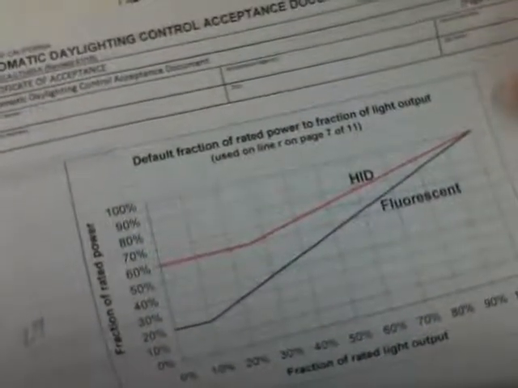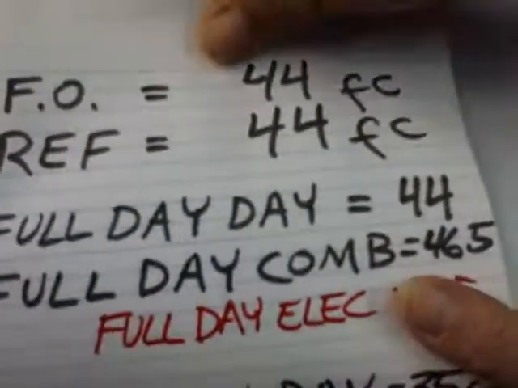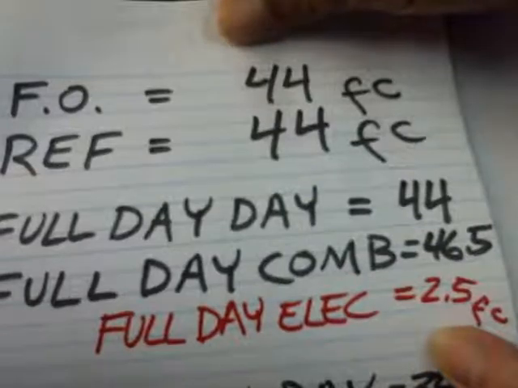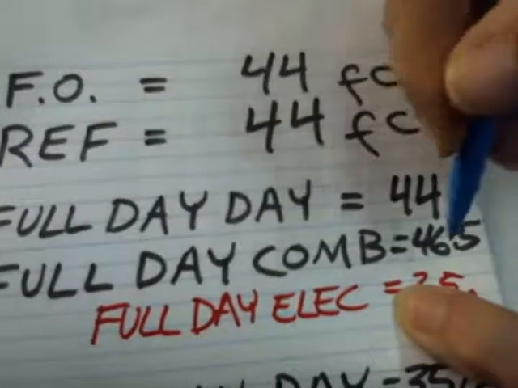By the way, if you're doing the Cal CTP forms, you will require this graph because they do not calculate the estimated power reduction for you. So, if the fraction of controlled wattage turned off, which was none, is less than 100%, and it is, we need to do our full daylight combined. We need to make this entry. Otherwise, if all the lighting turned off, we know we're done. But we're going to need our full day combined reading of